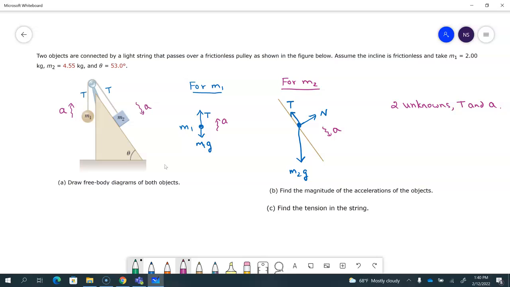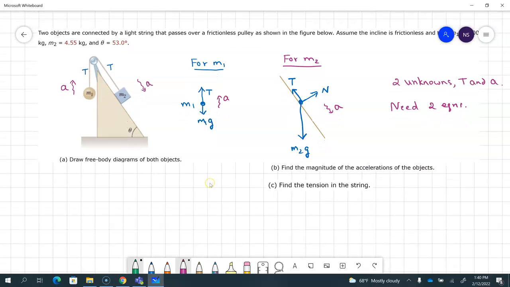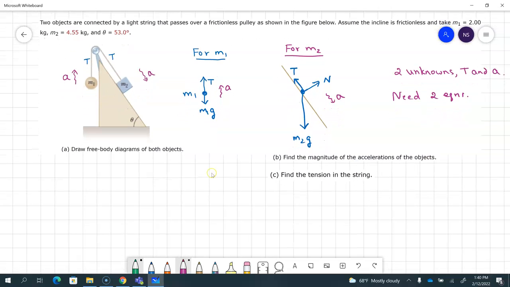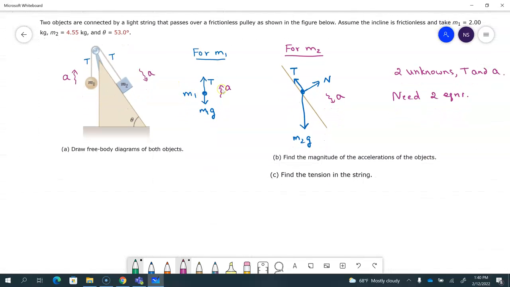So that means we need two equations, so that we can solve them for the tension and the acceleration. So the next thing to do is to convert these free body diagrams into equations. So if I'm looking at M1,